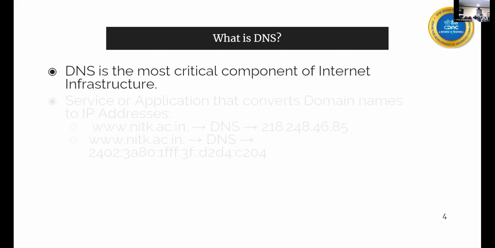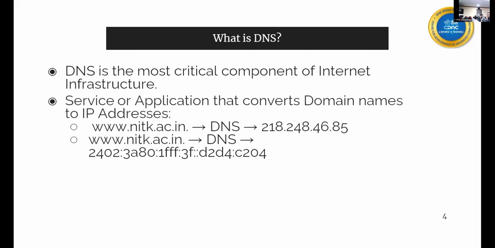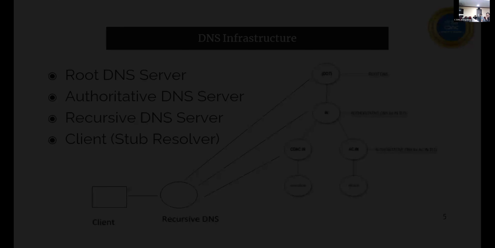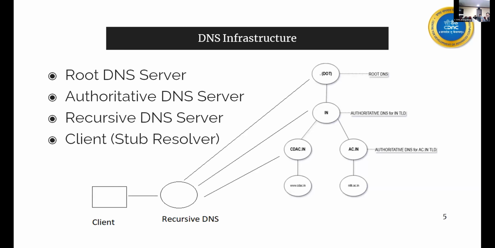So it does it for both IPv4 as well as IPv6, and it does the reverse also. What do we mean by reverse? If you have the IP address, and you want to know the domain name, you can contact DNS and you'll get to know about that also. Now, if you talk about DNS, you have a lot of components of the DNS ecosystem, and you should know how DNS works also. How many of you know about the working of the DNS process? Can you raise your hands? Okay. Few of them don't know.